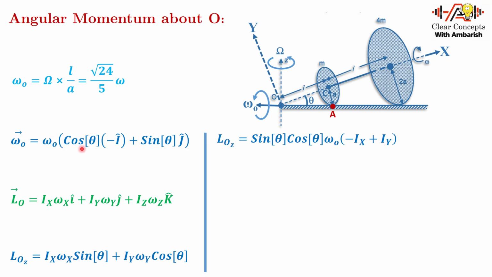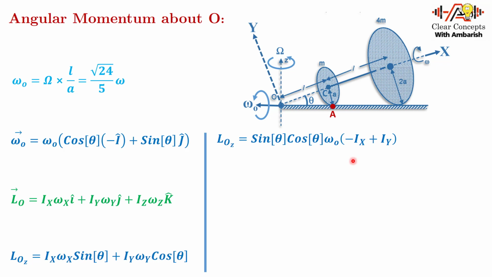So omega x has a cos theta and this is a sin theta multiplication, so you will get omega naught cos theta sin theta, and there will be a minus sign for Ix because there's a minus sign over here. Just simplify this expression. Similarly with the y component, you know that in omega y there's already a sin theta, and you have to multiply by a cos theta because omega y is in this direction and this angle is also theta, so Iy omega y into cos theta. So there will be a sin theta cos theta term. I have taken sin theta cos theta omega naught common, and inside you are left with just minus Ix plus Iy. Iz is obviously not needed, since omega z is 0, so I don't need to worry about Iz.